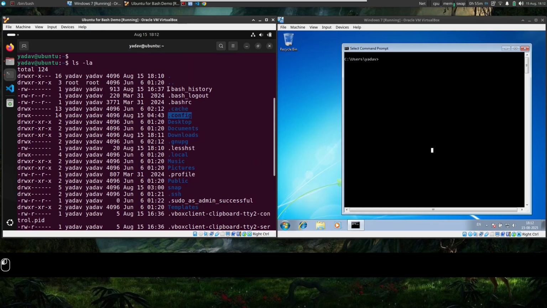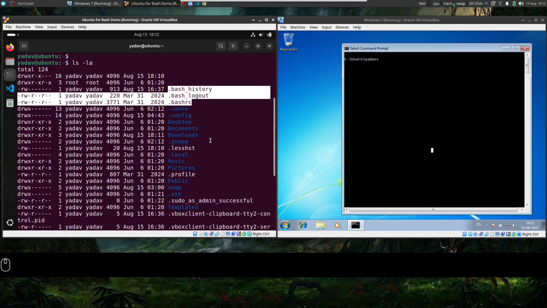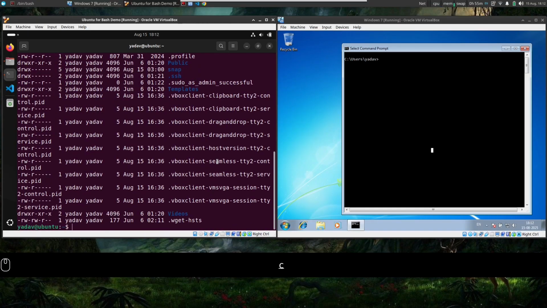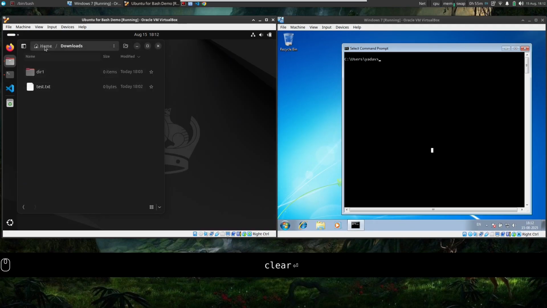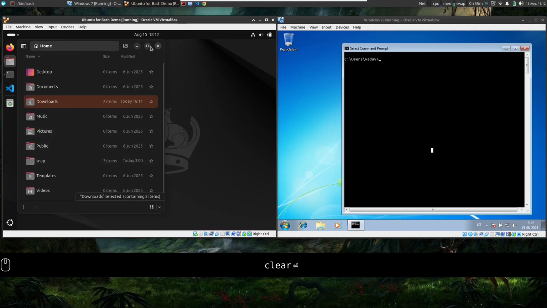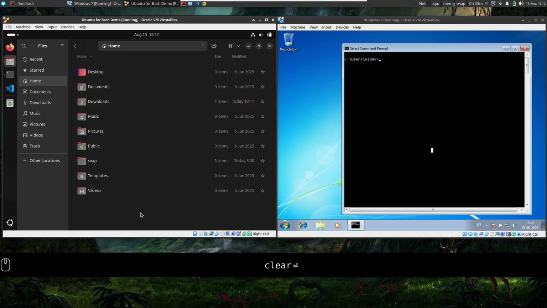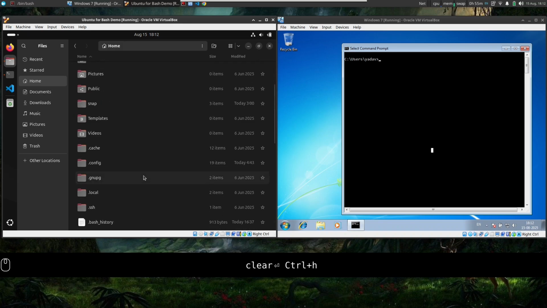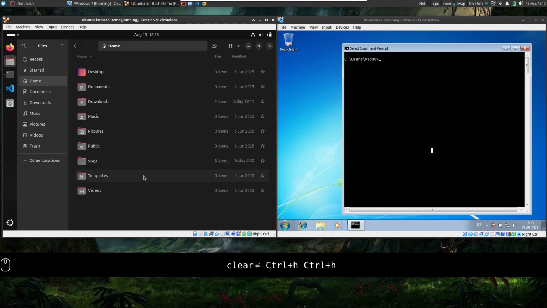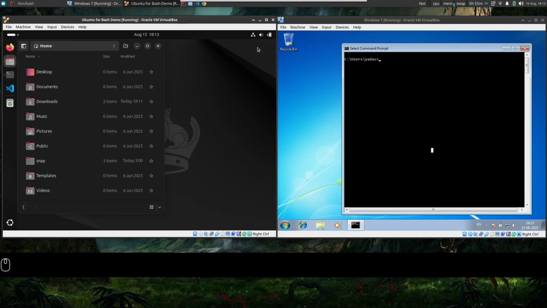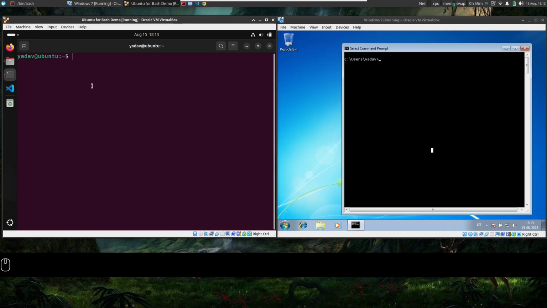There will be my bashrc, bash history. Those are hidden by default, so we can't see them in my home. But if I show the hidden files with Control H, you can see there is a lot more. I'm pressing Control H again, and now the hidden files are gone. So the dash a option shows us the files starting with dot, which are generally the hidden files.